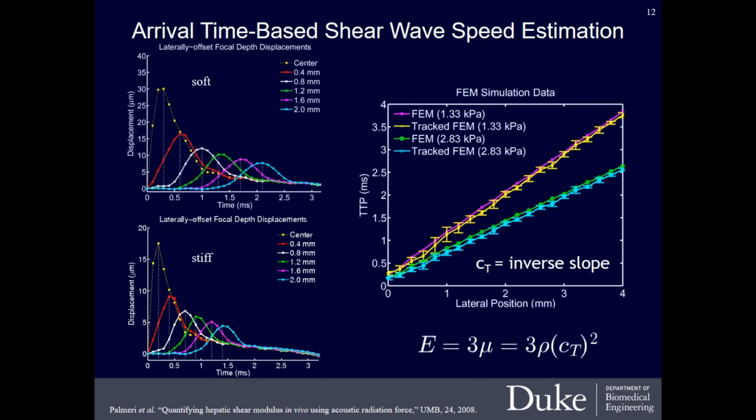So that gives us one mechanism by which we could reconstruct shear wave speed using a simple arrival time metric at different lateral positions. It's worth noting that time to peak is just the method that I'm graphically showing here. Different methods exist, using things like correlation-based approaches or more high-order mechanisms to estimate this arrival time, but the general premise of it can be captured through this simple representation.